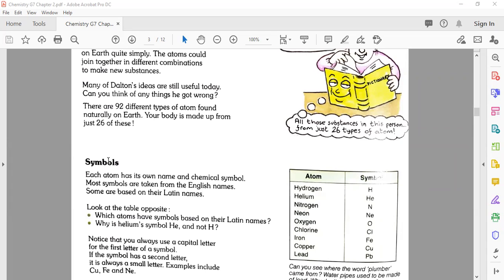So this symbol means that we represent some atoms with a shorthand. Instead of writing the complete name of any element or atom, you just write its symbol, and a person who knows chemistry will say this is the symbol of hydrogen. If you write simply capital H, he says that is hydrogen. If you write capital H and e, what does he say? He says that is helium. Or if you write Ne, that's the symbol of neon. For oxygen, you need to write capital O. So these are the symbols.